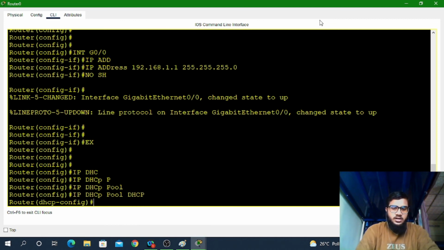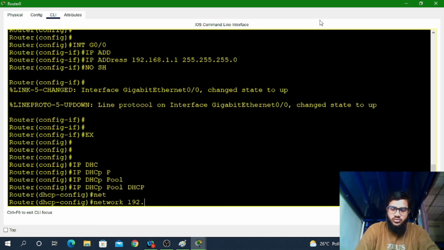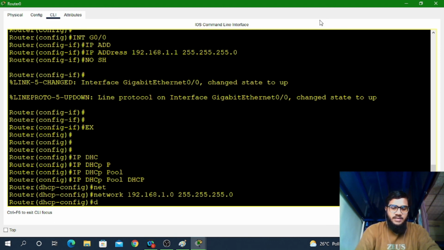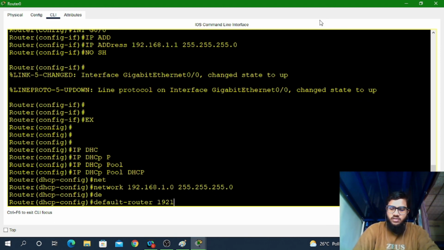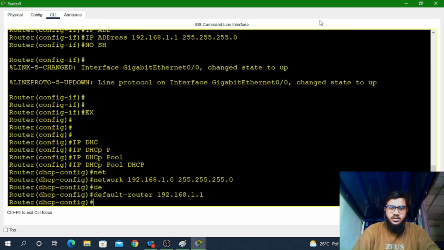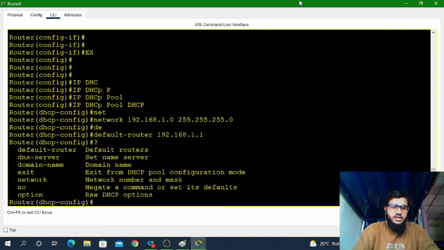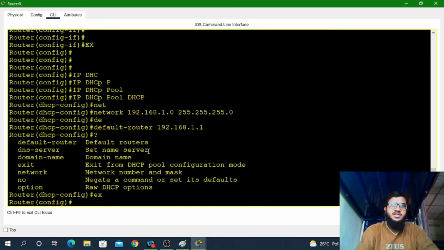Now I'll type network, which is 192.168.1.0, and the subnet mask 255.255.255.0. Then I'll type default-router, which is the default gateway, 192.168.1.1, and that's it. If you want, there are other options available here: you can give the DNS server and the domain name, but right now I won't, as that is the advanced process. I'm just creating a DHCP server which will provide the IP address and the default gateway.